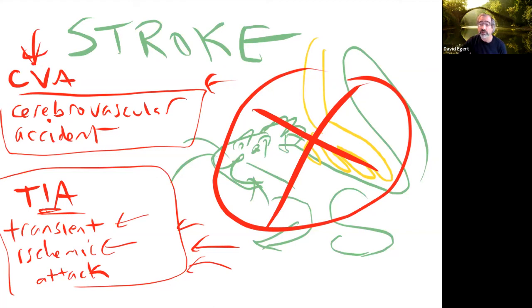Whereas if you don't get them to the hospital, there could be more devastating consequences. So just kind of,